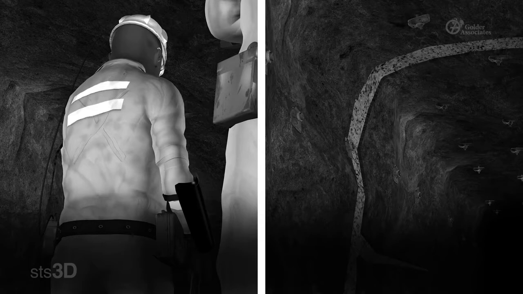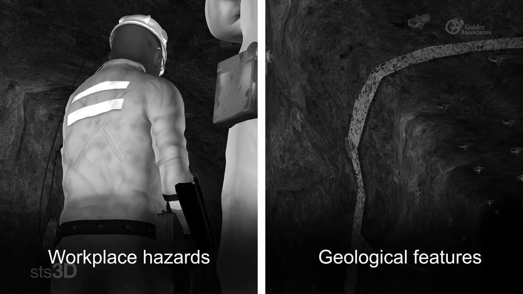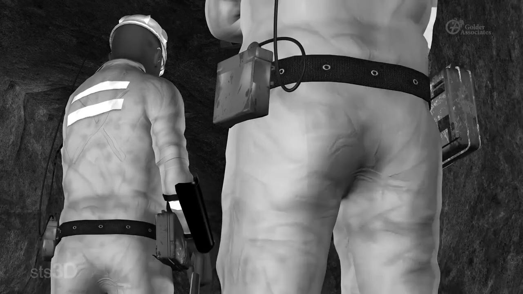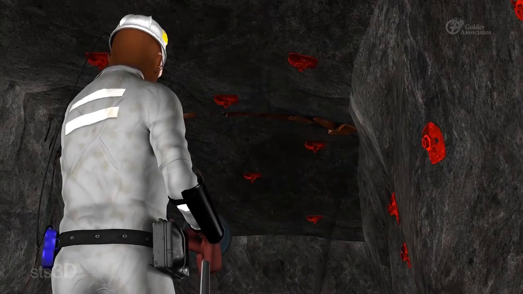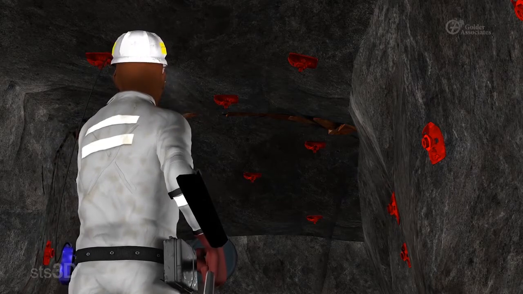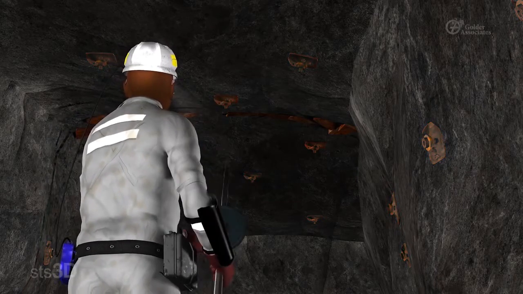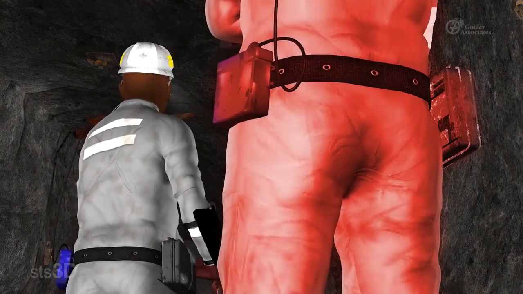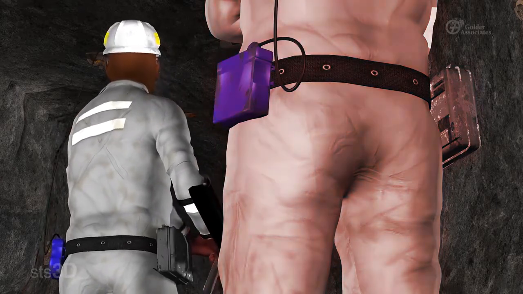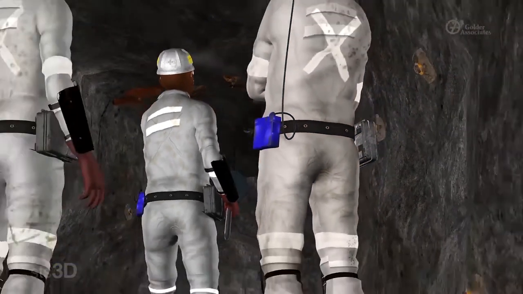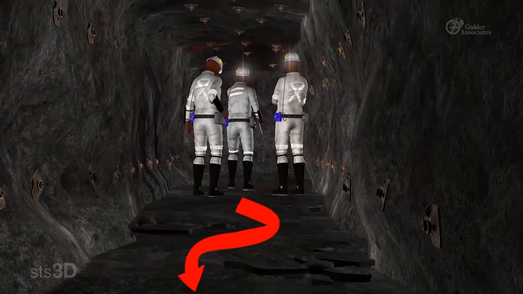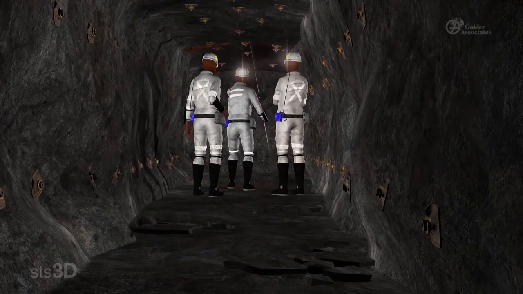There are two types of hazards when working underground: workplace hazards and geological features. Some workplace hazards are unsafe support conditions, people standing too close to the area where you are barring, inadequate or obstructed escape routes, and